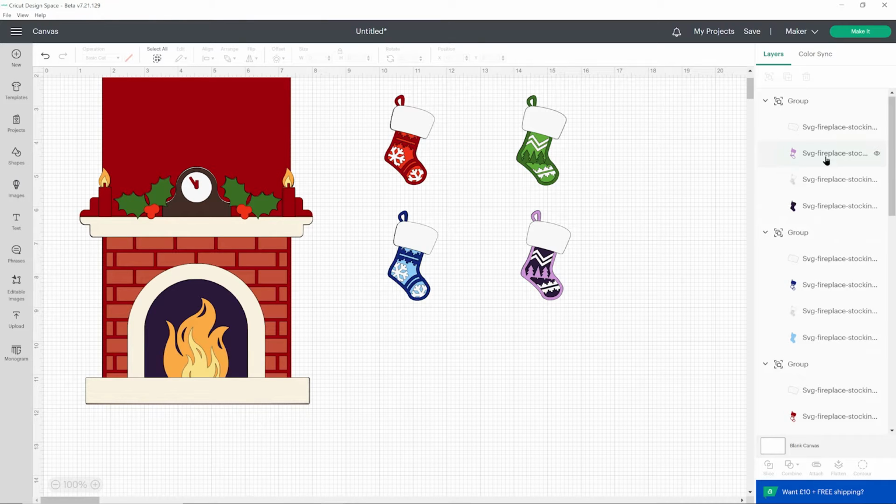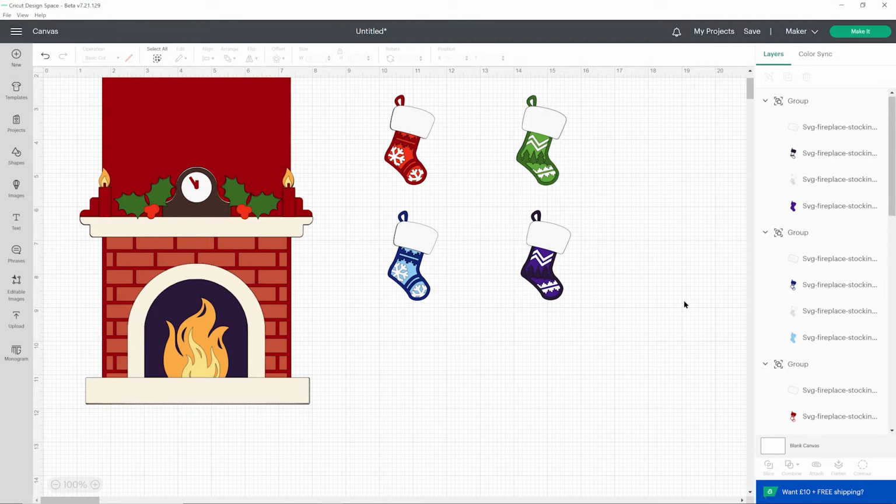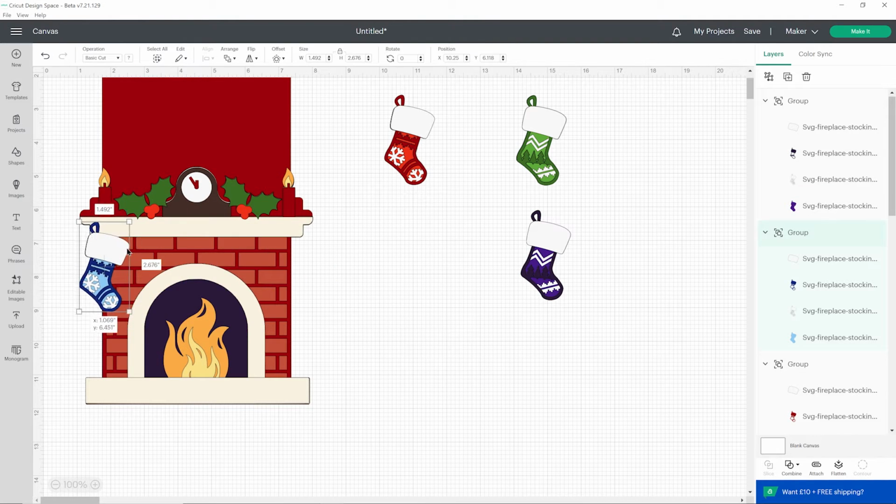That looks a bit weird, doesn't it? I should have done it the other way around. The dark one on top and then a lighter one underneath. Let's size these. So drag them over on top of the fireplace